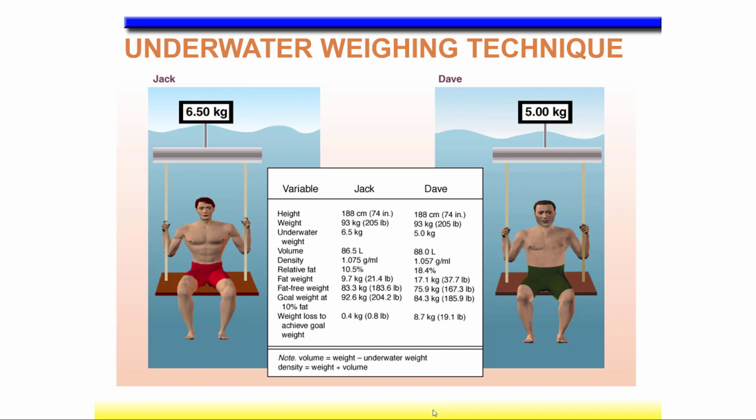Basically, there's a buoyancy effect: you float. The fatter you are, the more you float, and the leaner you are, the more you sink, because of the density of fat tissue compared to muscle tissue. So if I measure myself underwater and compare it to dry land and it's significantly lighter, then I'm fat. If it's about the same, then I'm lean. That's basically the nuts and bolts of underwater weighing. You're comparing your dry land weight to your underwater weight, and calculating that based on formulas